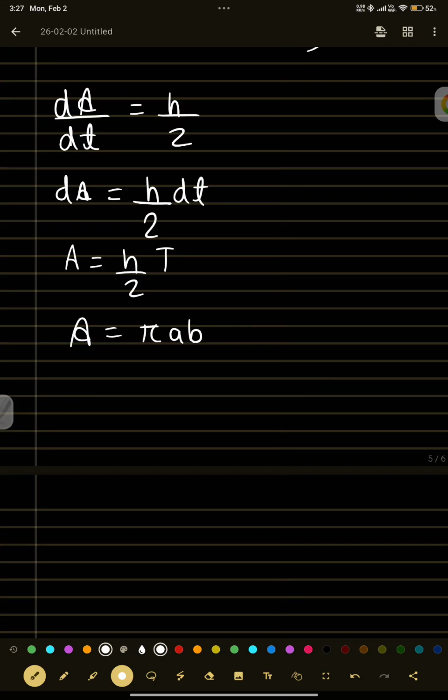Sorry? What? A into 1 plus e is b? What are you saying? A bracket 1 plus e is b, this is what you are saying. I don't think so, because a is already larger than b. And here it is 1 plus something less than 1, so it doesn't conform to the logic.